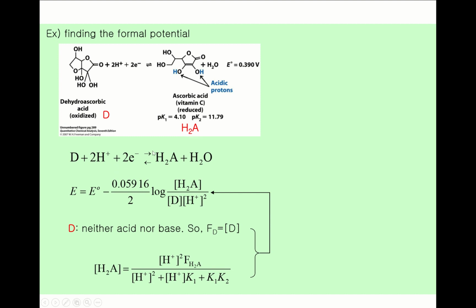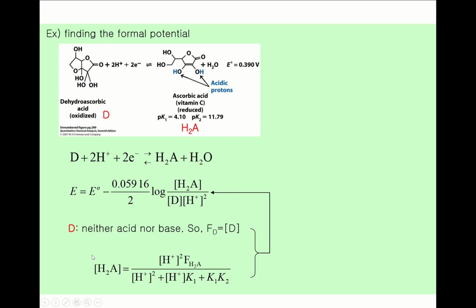Okay, and so for this equation, we can write this Nernst equation here. Okay, we can very easily write this one: E equals E0 minus 59.16 millivolt divided by 2 multiplied by the logarithm of this one. Okay, here,